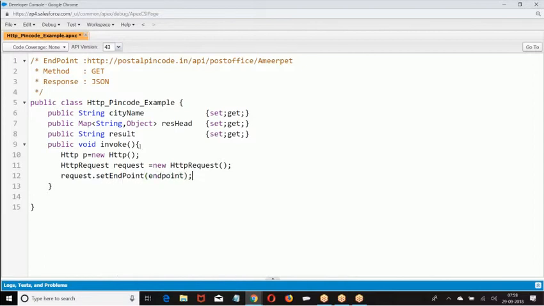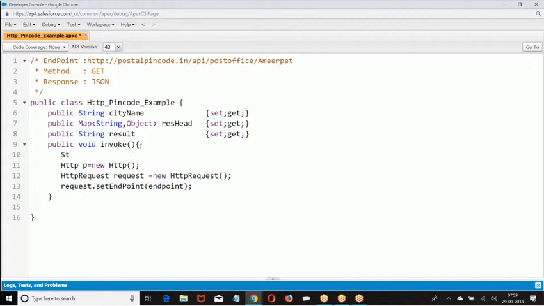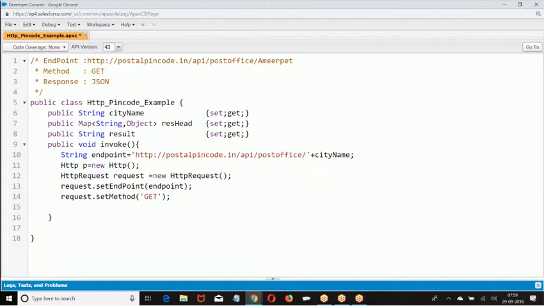How do you set the endpoint? Then making a request dot set endpoint, set method,